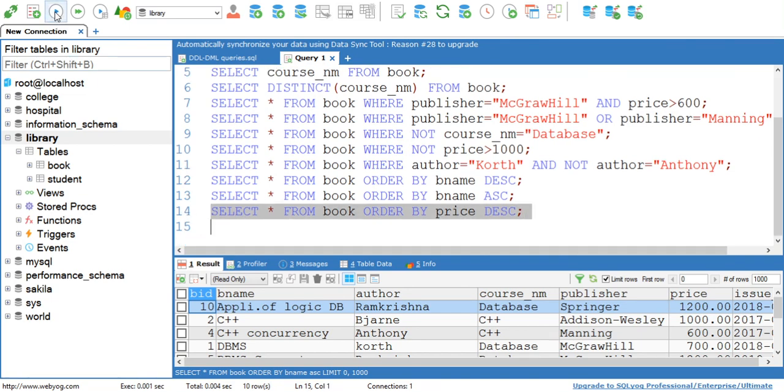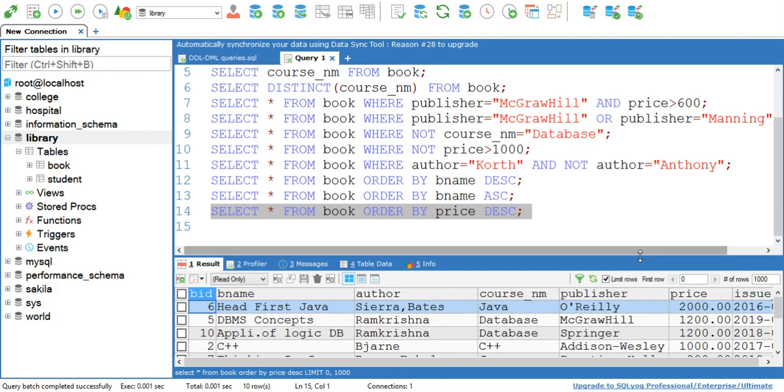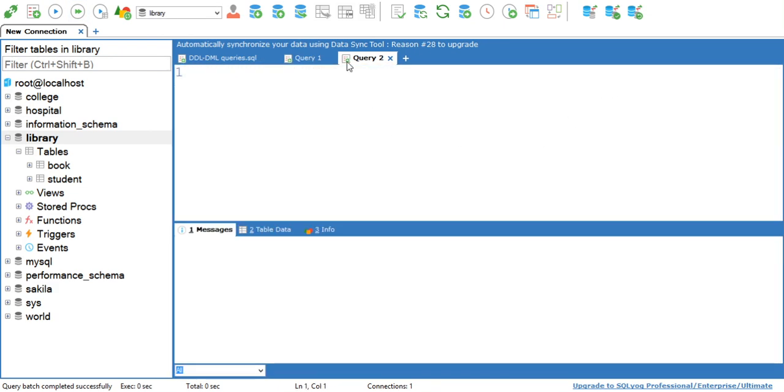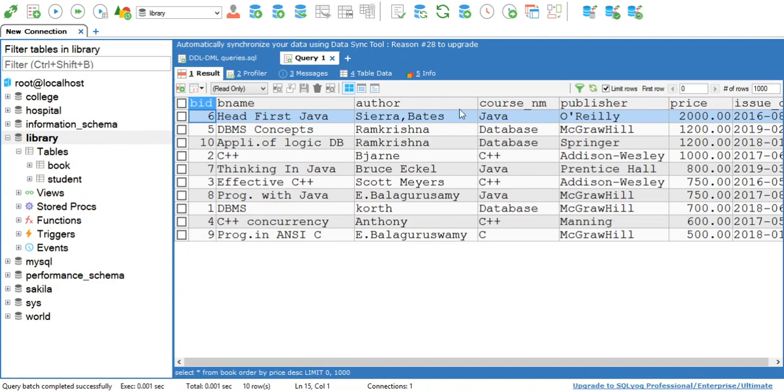Okay, now execute this. See, in the output section you can verify your output. Here prices are 2000, 1200, 1200, 1000. Means your data is sorted as per the descending order of your price.